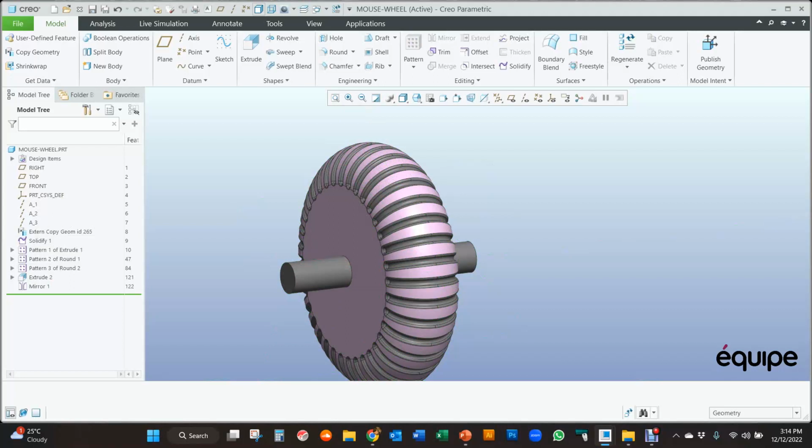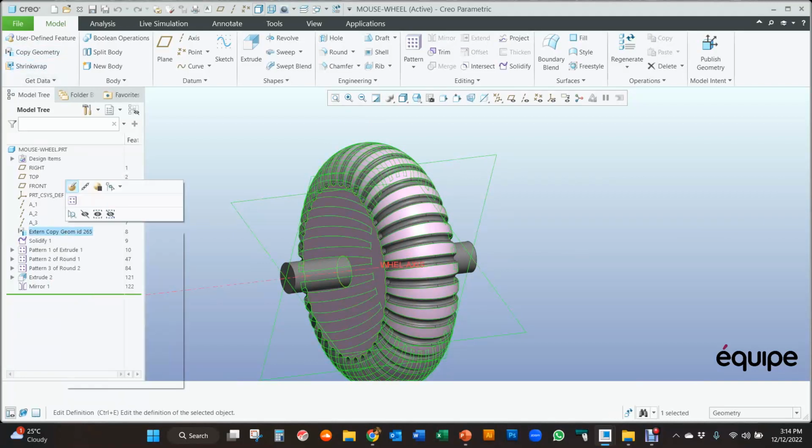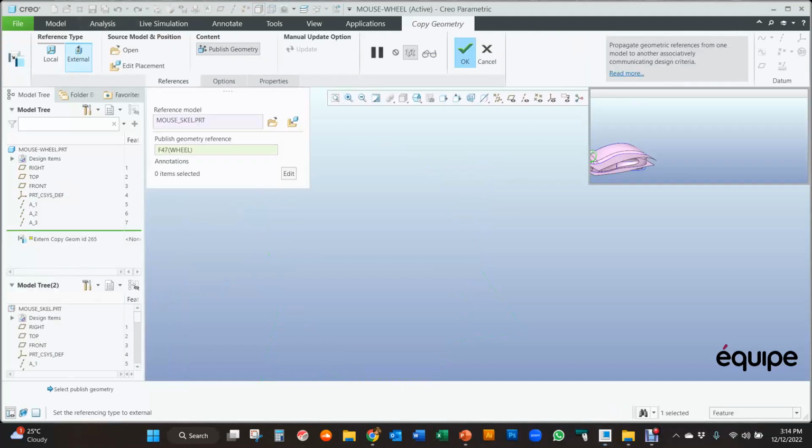Once we've got the external or published geometry coming out of the skeleton, the way we get it into the part is this external copy geom, which is also this icon just up here. If we do an edit of that part, it's coming from an external. I did an open, then went in and referenced that mouse skeleton, which was the one we looked at before, and went down the model tree to the footer, selected that wheel,